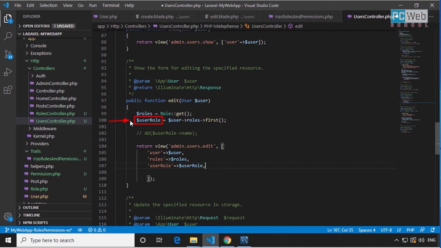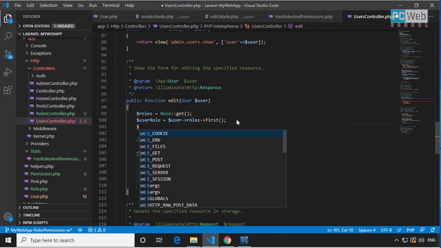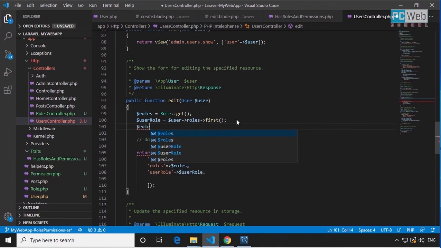So I need to bring all of them first, and then we're going to identify what permissions this user has, right? Okay, so now let me create another variable,